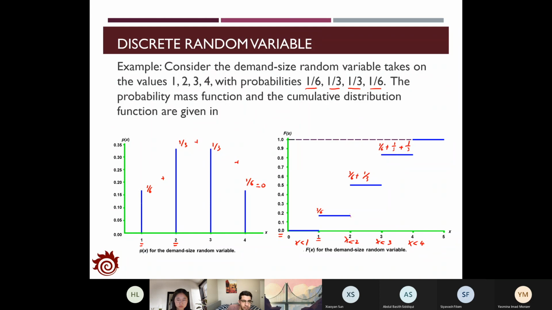And for all the other values, x higher than 4, that is 1/6 plus 1/3 plus 1/3 plus 1/6, which is 1. So for capital Fx, at infinity, it should always be 1. It means that it covers all the possible values. So this is the